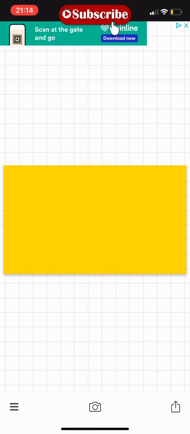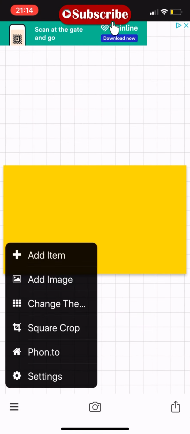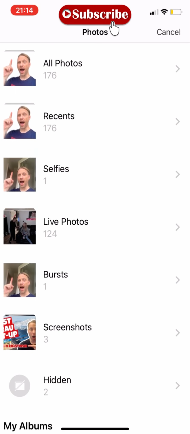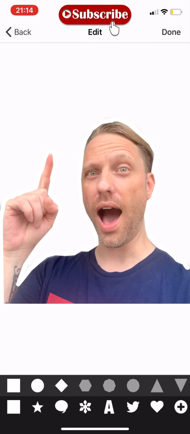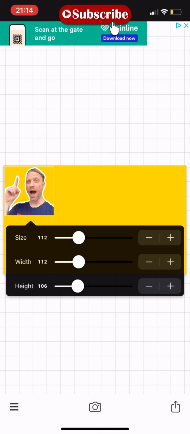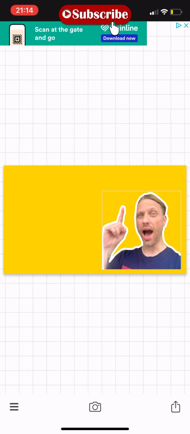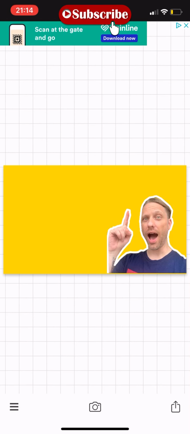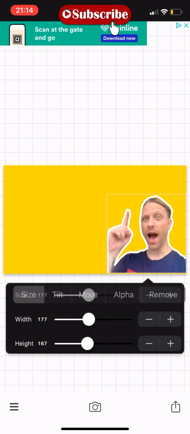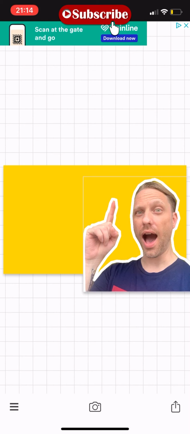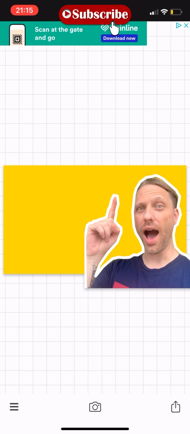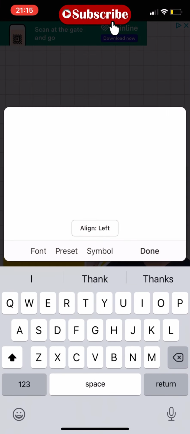And all you would do then is click on the little lines at the bottom left hand corner there, add your image and your photograph, that's the one. And as you can see, you can then size it, move it around, size it, move it into a position that you want it to go in, and you can go anywhere you like. You can just do it there. If you want to just put yourself in there, you can add as many texts and images that you want,